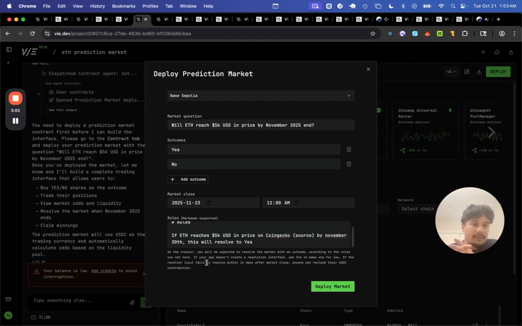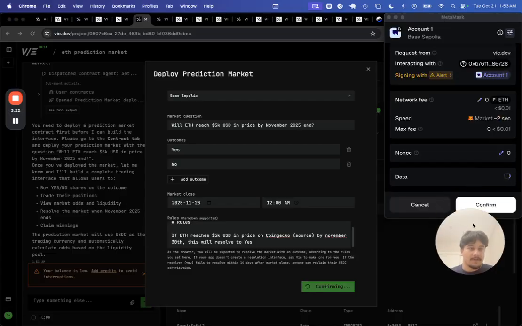But for this, we can just make myself the resolver. And yeah, there's a couple details here with failing to resolve and people being able to withdraw what they've staked as collateral. But we can go ahead and deploy this market, and it switched the network to base